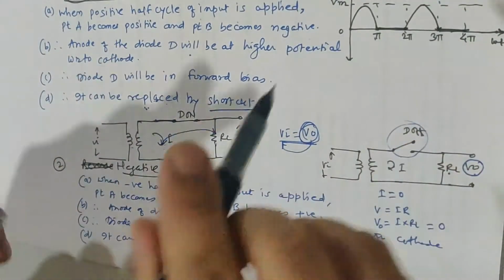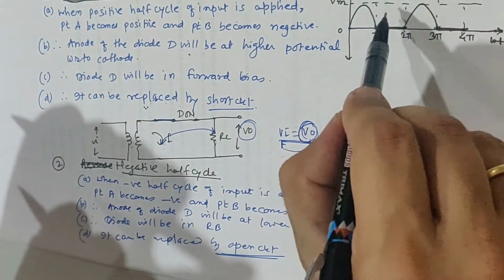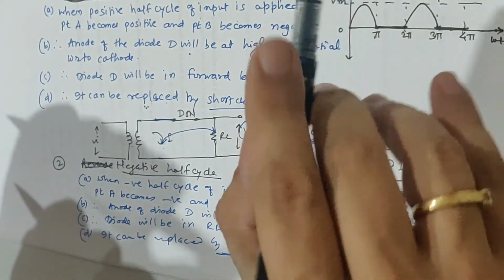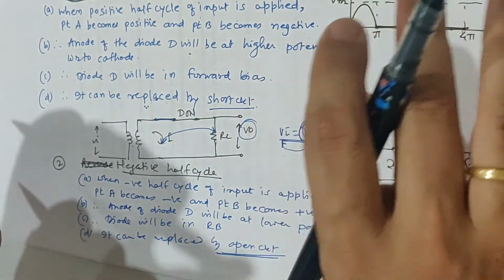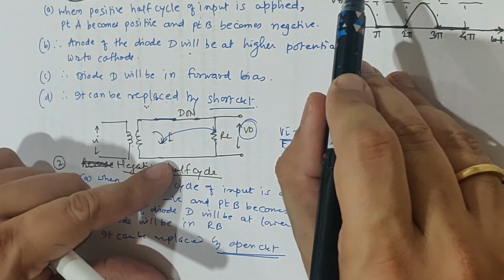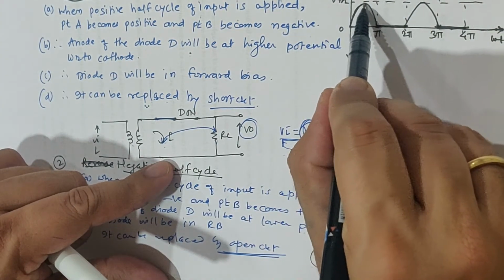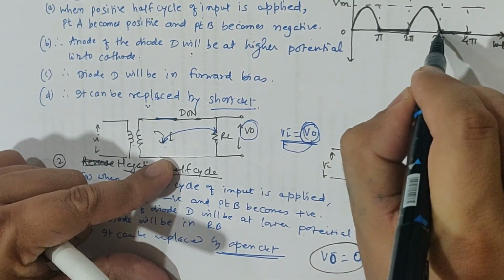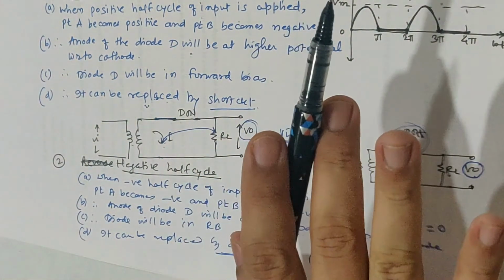So you can see, only the positive half cycle is being used by this rectifier, the negative half cycle is not being used, and that's why this is called a half wave rectifier. Why? Because it is using only the half cycle of the input waveform, only the positive half cycle is being converted to the output. The negative half cycle is becoming 0. Again the positive half cycle is being converted to output, and the negative half cycle is becoming 0. So the rectifier will have only the positive half cycle as the output.